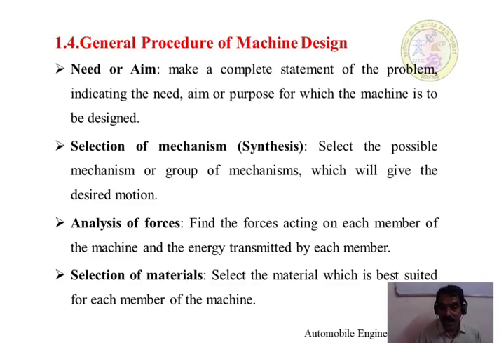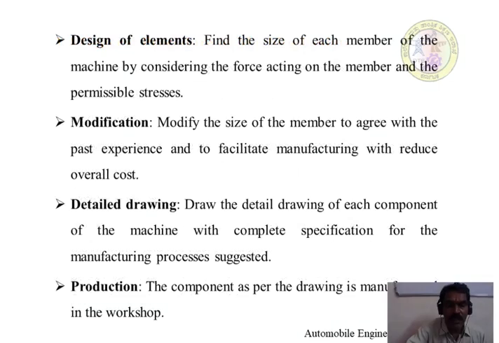Here I have given an example, that is manufacturing a tractor pin. So the machine has been set. After that, the pin is going to be manufactured. Okay, so this is the actual procedure of machine design. This is the main topic, the general procedure of machine design. So this step or procedure is covered in this session.